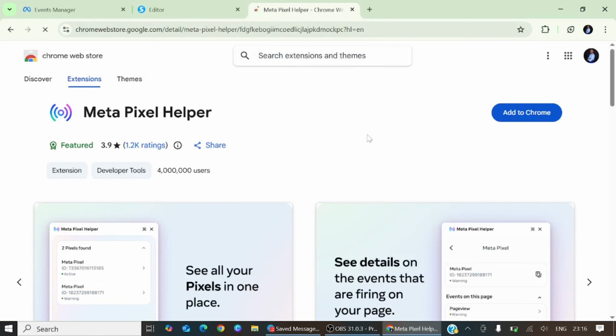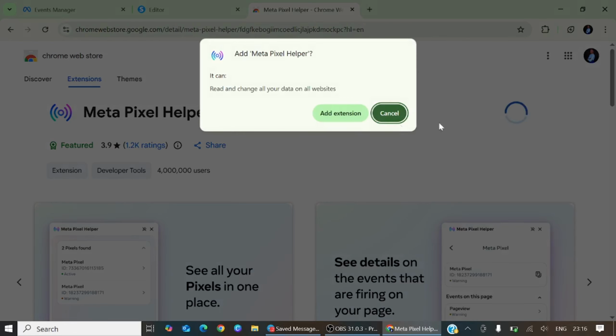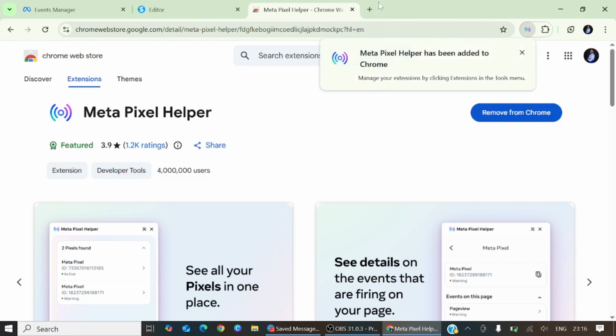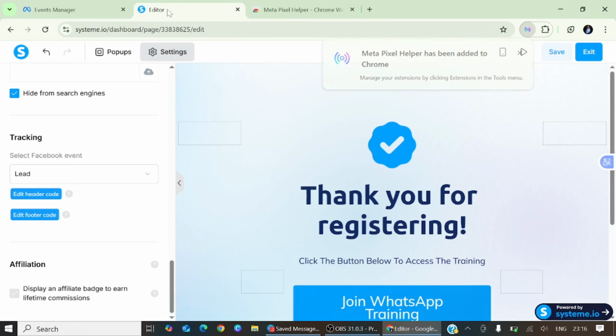This Meta Pixel Helper is a Chrome extension. Click add to Chrome, add extension, that enables you to track the pixel on your landing page, to make sure that it is active. Now we have installed it. I'm just going to copy